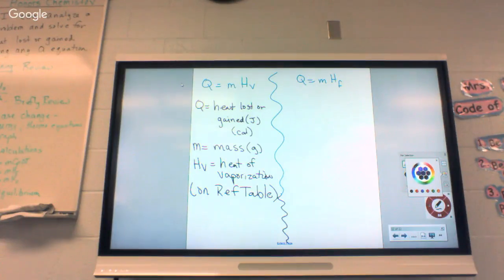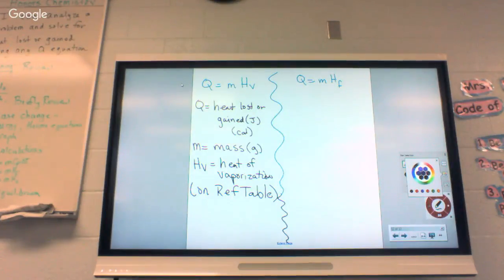Cal. C-A-L. All right. So if you look up heat of vaporization, the state in their infinite wisdom has decided that we're only doing water. Once upon a time, there was a chart that had multiple heats of vaporization, multiple heats of fusion, and you actually had to figure out what compound they gave you and read the table to figure out which heat of vaporization or heat of fusion they're using. Well, they decided y'all were too dumb to figure that out. So they eliminated all that stuff. Now they have decided that y'all only have to know water.